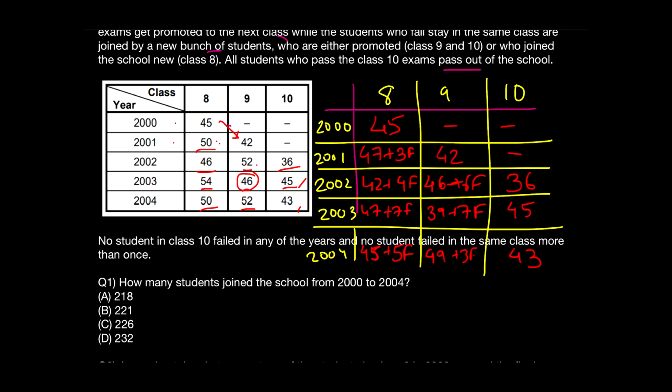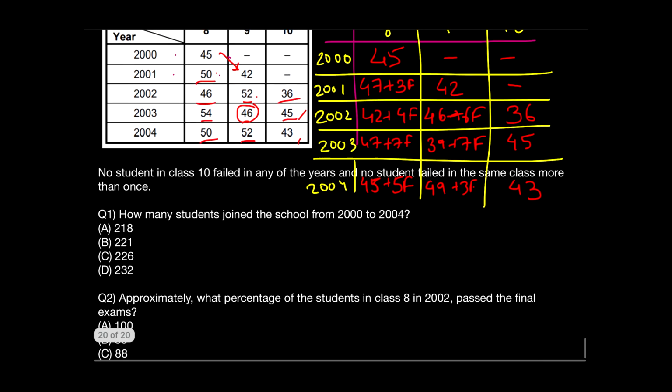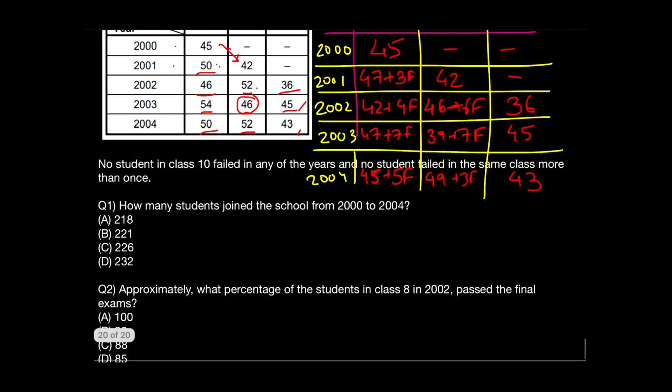Now we will be calculating the answers for the two questions. So how many students joined the school from 2000 to 2004? Alright, so this is very easy to do with the help of the data. From 2000 up till 2004, the new joinees will be in class 8. Okay, so what we'll do, we'll just add up all the data in the first column itself, and that will